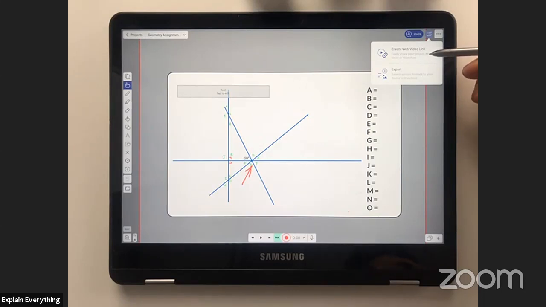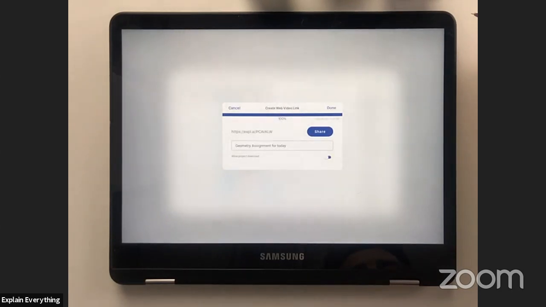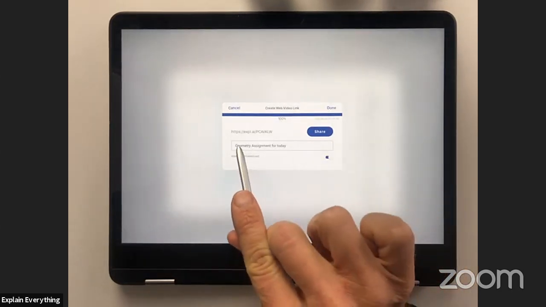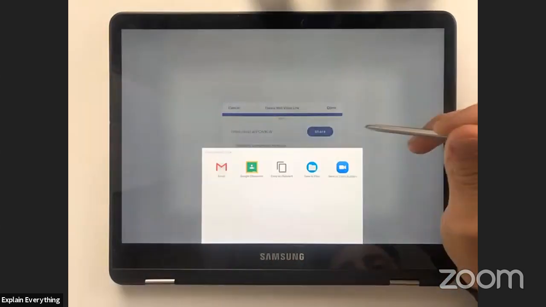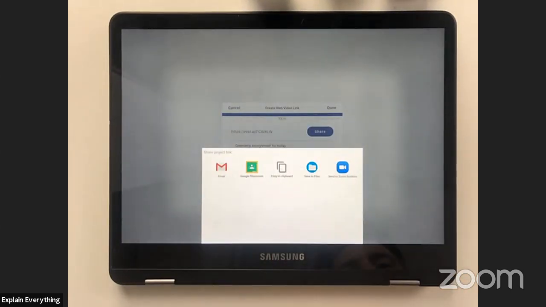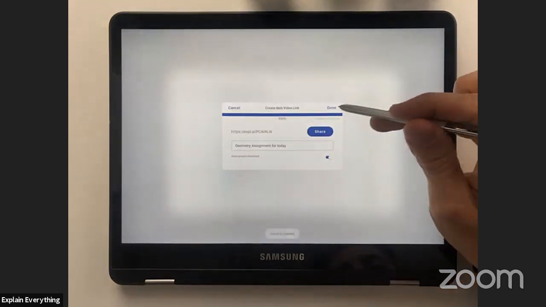That way, there is no waiting time for rendering video, and instead of a file, you can actually post a link. So I'll do that. And as you see, that's the link under which the video would play. So I can copy it to Google Classroom like that, or just copy to clipboard